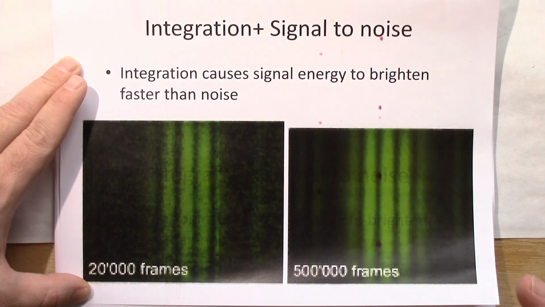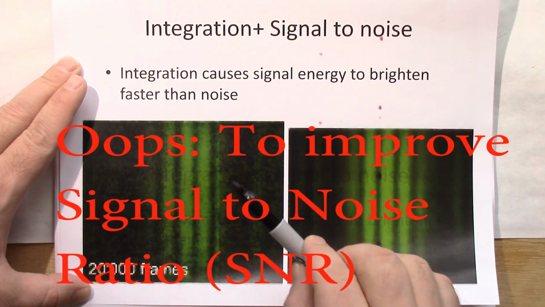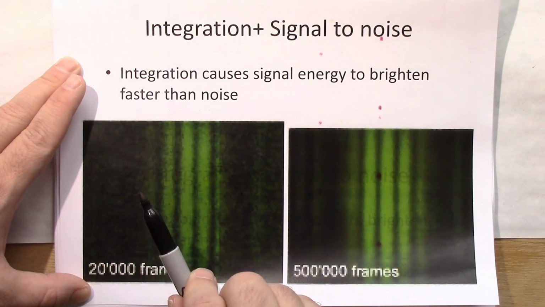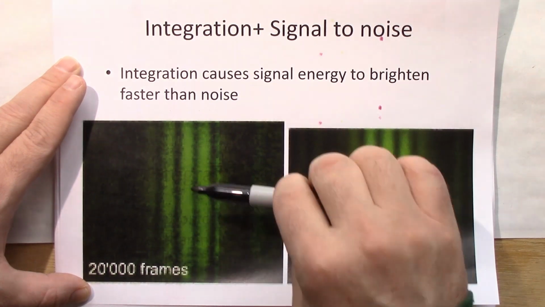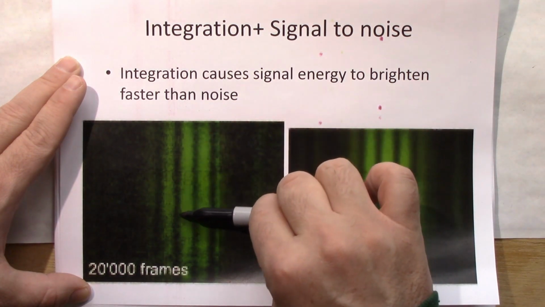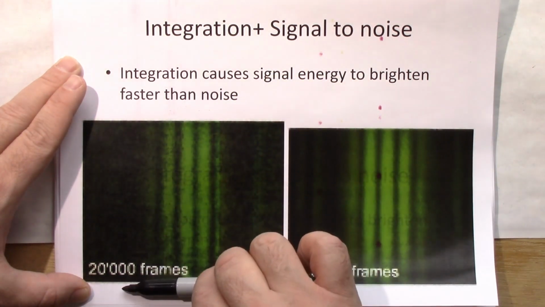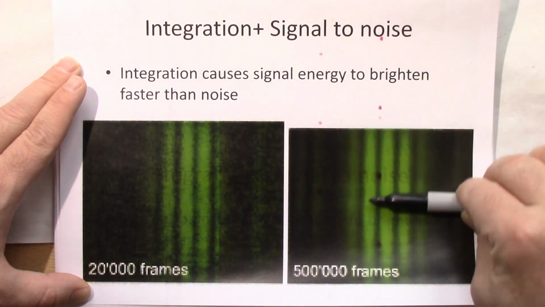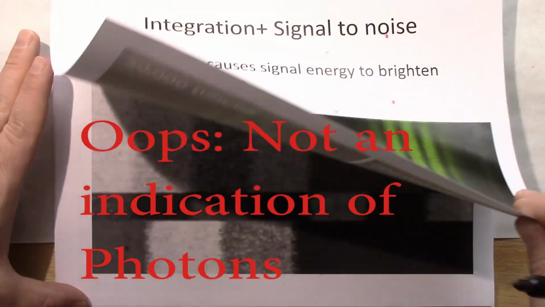Okay, and the other thing is that this is how we engineers integrate to get rid of signal to noise. Because if we have noise over the entire picture, which we definitely have here, by integrating thousands and thousands of frames, the intensity where there is coherent signal increases at a faster rate than where there's incoherent noise. And that's how we pull a signal out of the noise. So this is definitely a noisy frame. This is not the indicator of pixels.